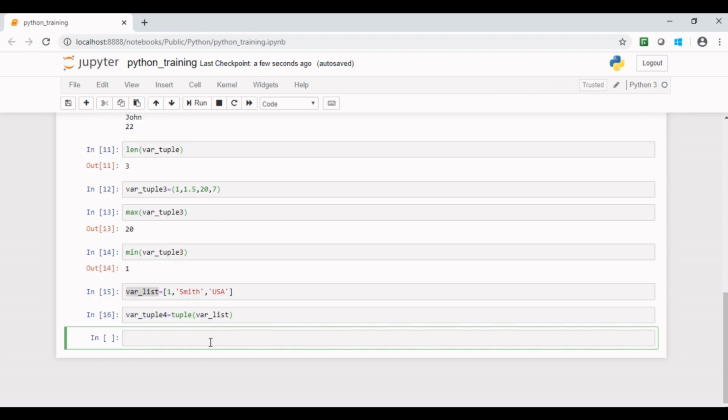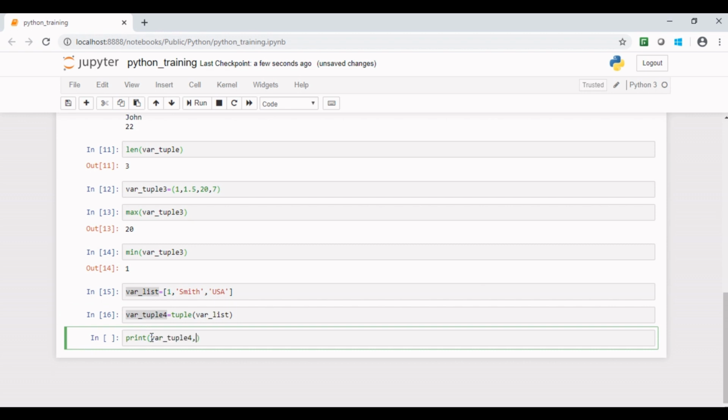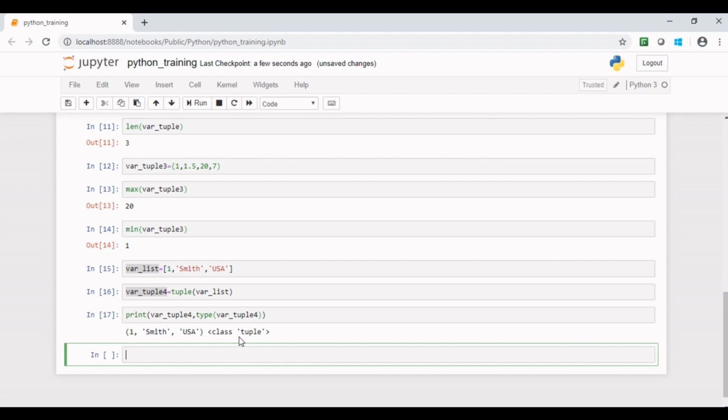Just check whether we are right or not. It becomes a tuple. Again, you can convert this tuple sequence into a list sequence using list method, which we have seen already in previous tutorial on Python lists.